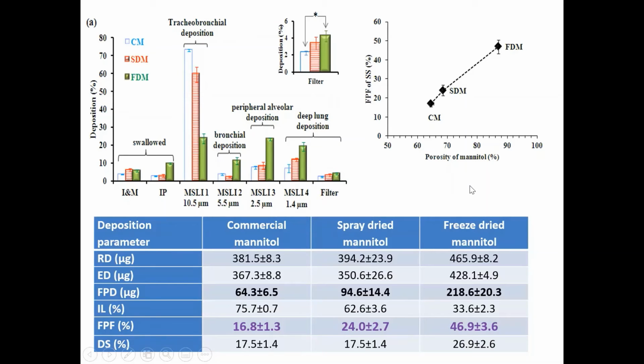And when we again calculated the porosity of these crystallized mannitols against fine particle fraction, any carrier with higher porosity, which is freeze-dried mannitol in this example, you will get better deposition and fine particle fraction, around 50%. And these are the values in this table. You will see that the fine particle fraction is 6.8% if you use commercial mannitol, whereas with freeze-dried mannitol you can go up to 47%, which is amazing,